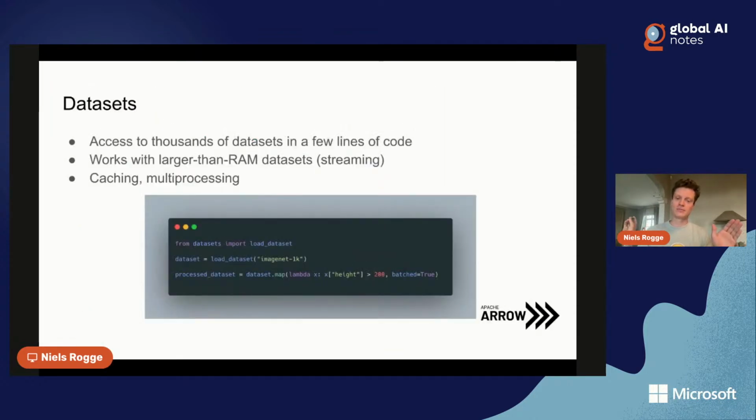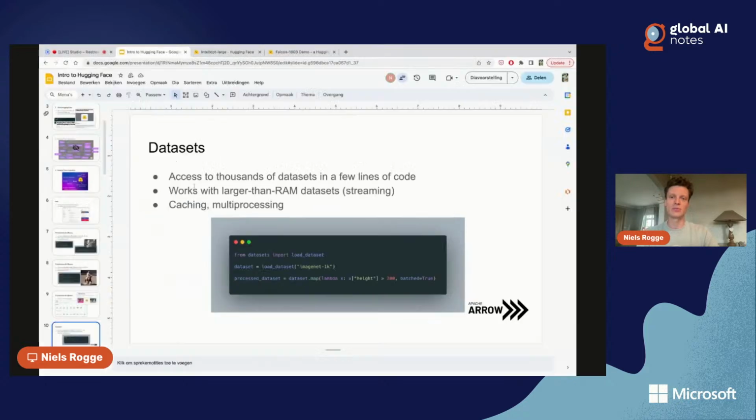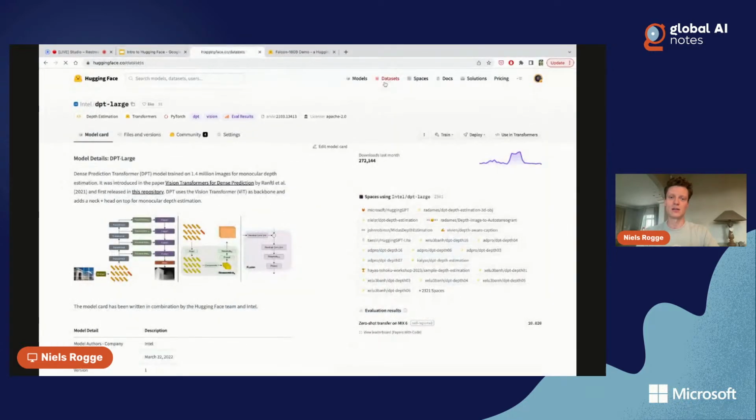And then the Transformers and the Diffusers libraries are very useful for machine learning models, but we of course also need some data to train these models on. That's where the Datasets library comes in. You can view it a bit as a pandas library, but aimed towards machine learning engineers. It's basically built on TensorFlow Datasets, and it provides access to a lot of these datasets using just a few lines of code. So you can just go to the Hugging Face Hub, find a certain dataset like this one,